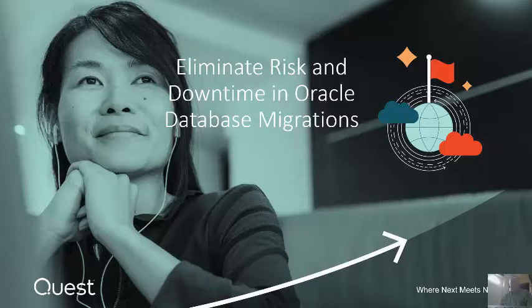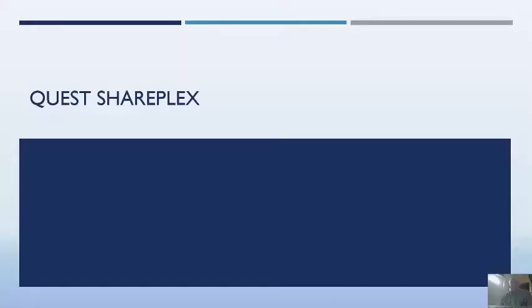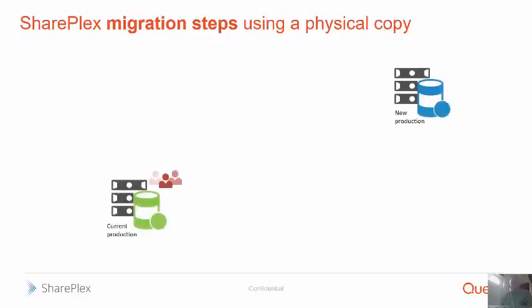I'm going to talk to you today about how to eliminate risk and downtime in Oracle database migration using our award-winning database replication tool, Quest SharePlex. And we start out with your source system, your current production environment with your users and all your Oracle databases, and your new production environment up here on the left. That's just disks and an operating system. Now, that disk and operating system can be different hardware. Solaris to Linux, AIX to cloud. It doesn't really matter to us or SharePlex. We can handle the byte ordering conversion for you.